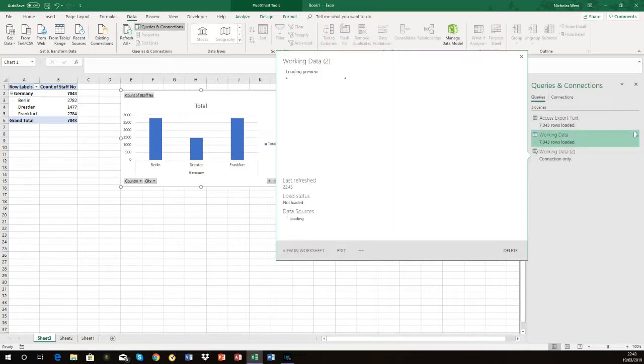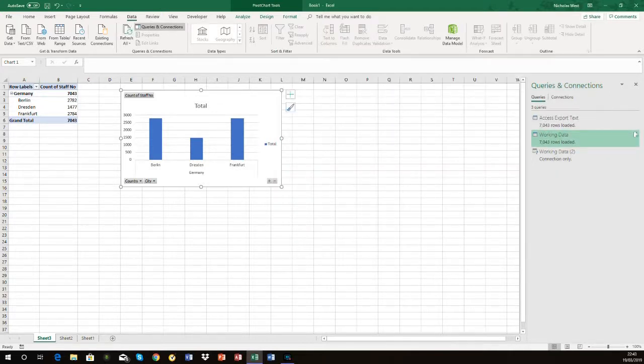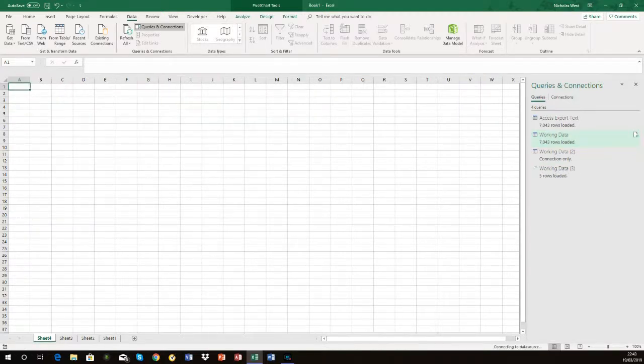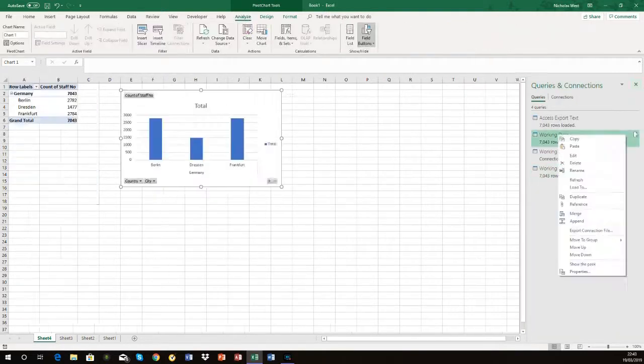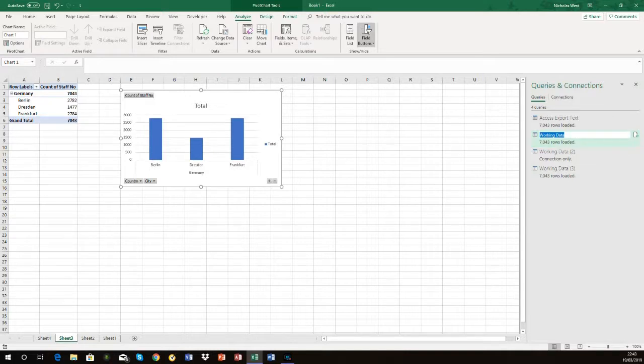Now something that's useful to do is if you want to copy a query. If I right click on here, I can copy the whole thing and I can paste, and that is exactly the same, and it will load as well. But if I wanted to say that's Germany, if I wanted to call this one here Germany, and let's say that I want to call this one Poland,